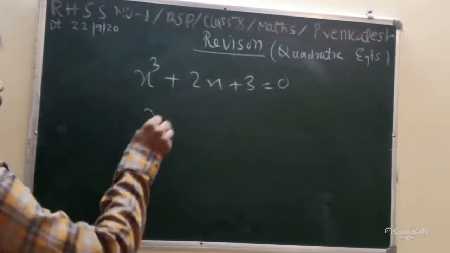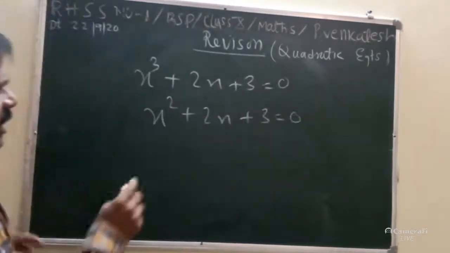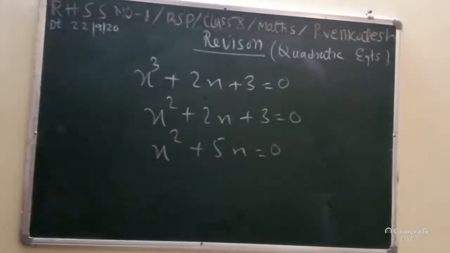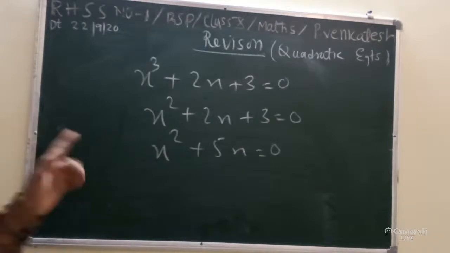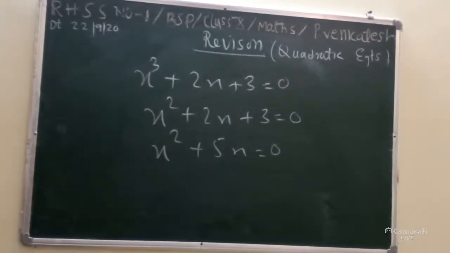Okay. Now, x square plus 2x plus 3 equal to 0. This is a quadratic equation. x square plus 5x equal to 0. This is a quadratic equation. Okay, any equation having the degree 2 is called a quadratic equation. Now we'll move to